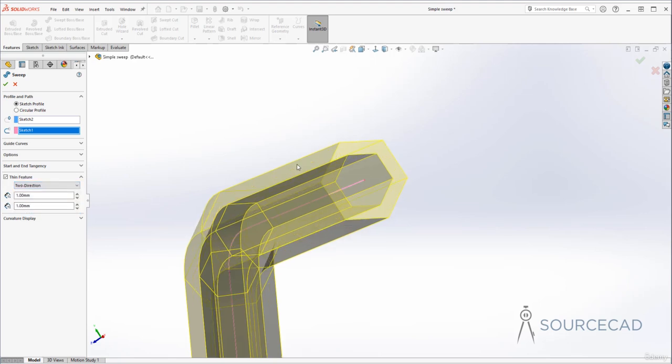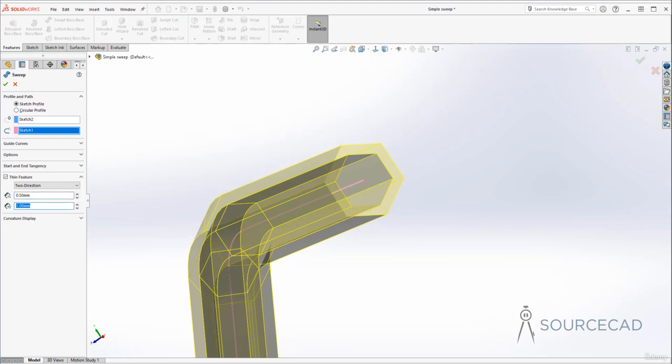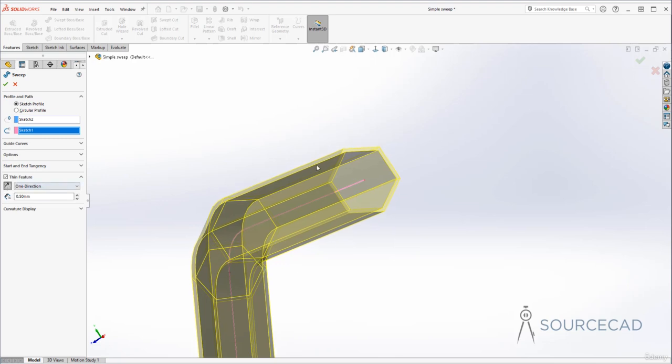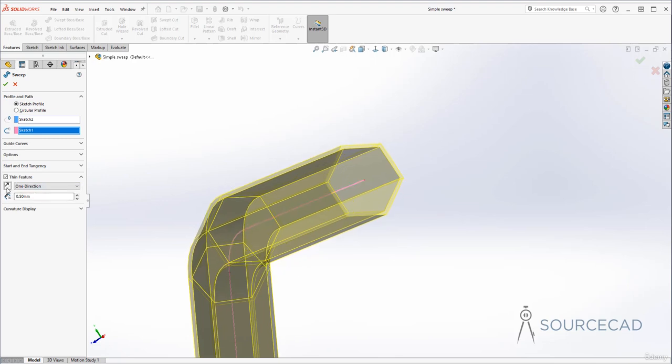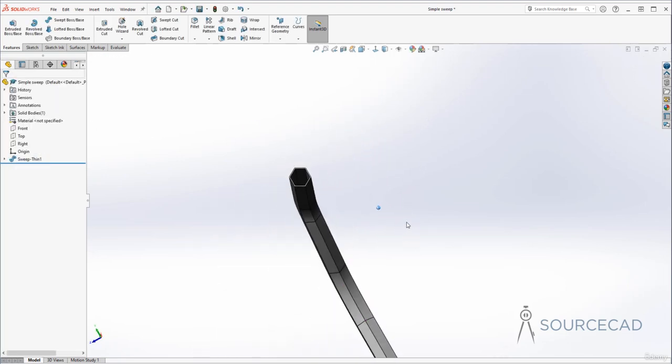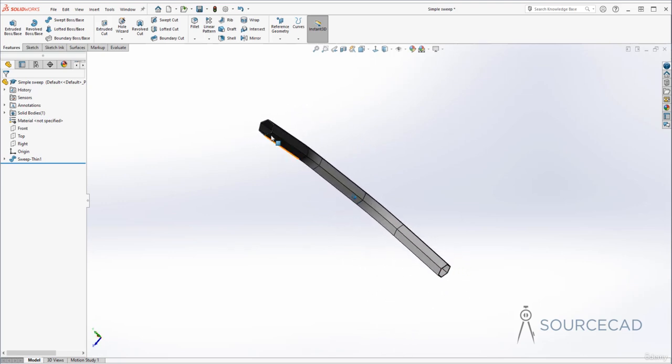Currently it is 1 mm above this sketch and 1 mm below this sketch, but you can change it from here. So maybe if you want to have 0.5 thickness above the sketch, you can just do that, and 1 mm below that sketch. So it just depends on you. In this case, I'll select one direction, and now it's adding material in one of the directions which is currently outside. If you want to add this material inside, check this one, and now it's adding material inside. So in this way you can change the direction of material. Click OK once you're satisfied, and here we have this thin profile, which is basically a hollow profile